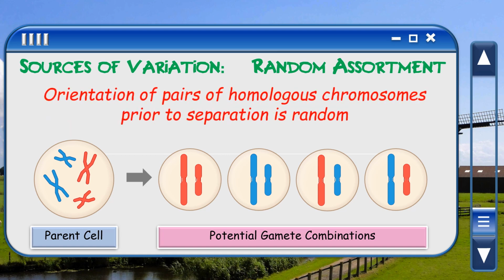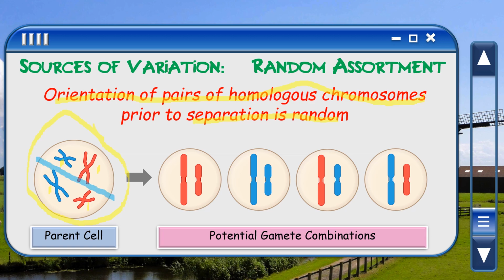So, orientation of pairs of homologous chromosomes prior to separation is random. When our chromosomes are going to align themselves on the spindle, this one is going to be on the left, this one on the right, this one on the left, this one on the right. It is random. So when you separate them, if they have arranged themselves in such a way, and you separate